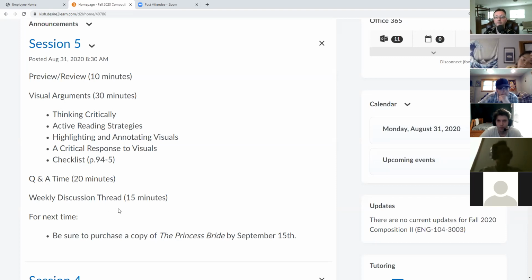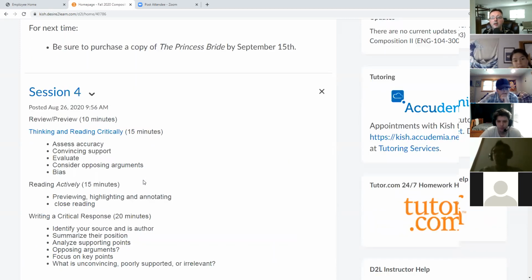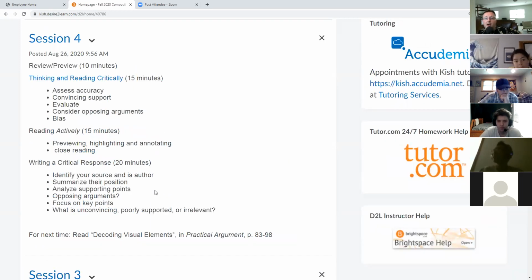Okay, so let's briefly review a couple of key points from last week, session 4. We talked a lot about what it means to read and think critically. And we said that most of the time we need to be aware of our own initial bias, which means that unlike the standard approach of creating logical, evidence-based responses to a question or concern, we allow our emotional feelings